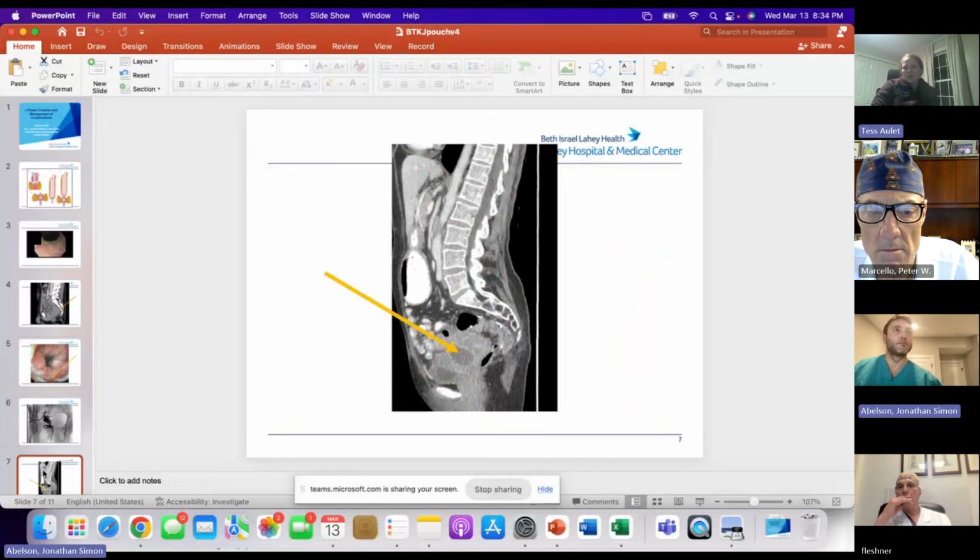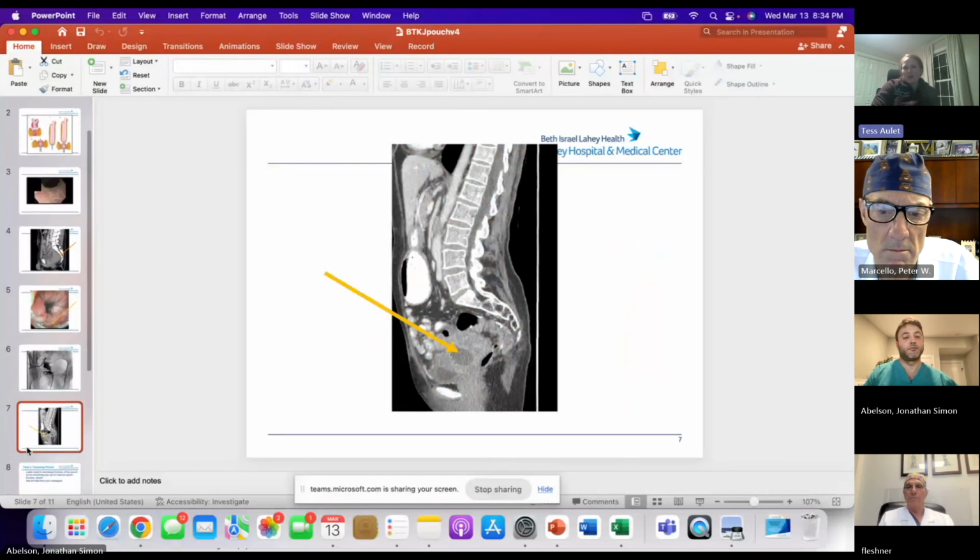Yeah. So with an anterior leak, in the male you have the prostate there, and in the female, you have the vagina and uterus. This slide shows a collection anterior to the pouch, and the vagina is going to be right in front of there. So ideally, you drain this, depending on how sick the patient is, probably with IR, try to get that cavity to collapse down, and hopefully you're not going to end up with a pouch